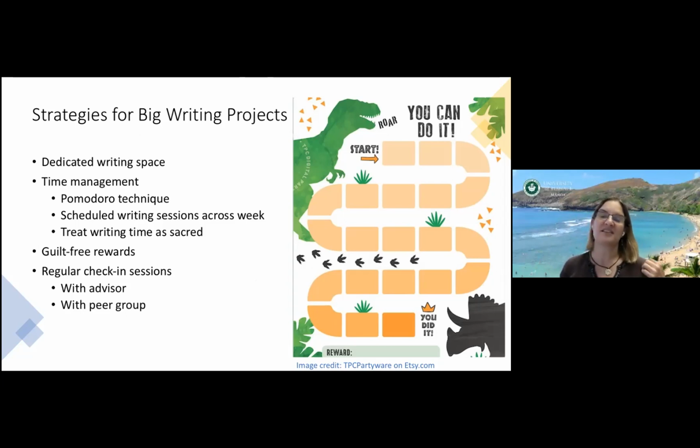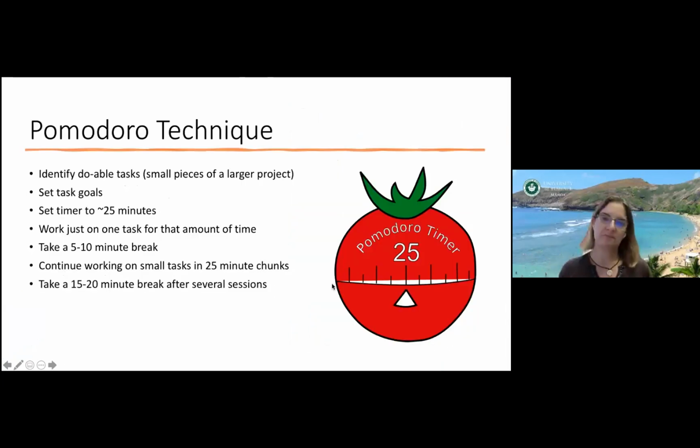But if you have them just send something to say, look, I wrote today or I wrote this week, that can be really helpful. Peer groups can be good too. It could be just a sit and write. And there's a good deal of peer pressure in there not to check social media. If somebody looks over your shoulder and they see that you're reading emails, that can be good motivation to keep focusing on writing. All right, so I realize I've been talking kind of long. We're nearing the end.